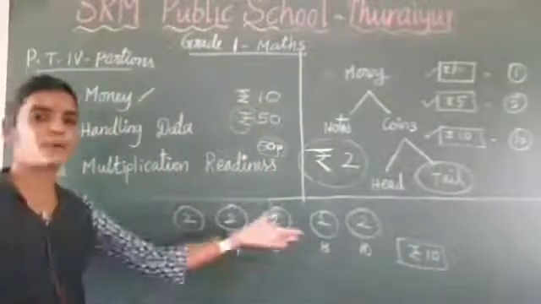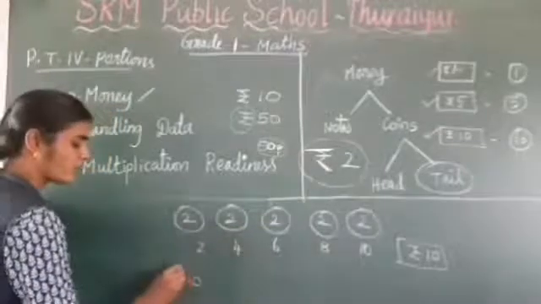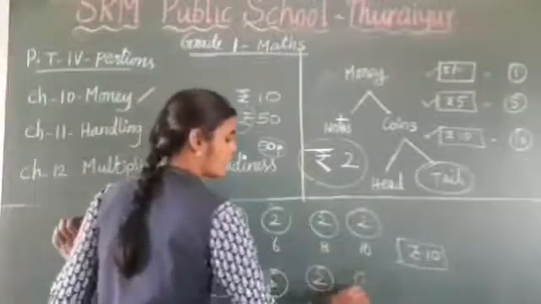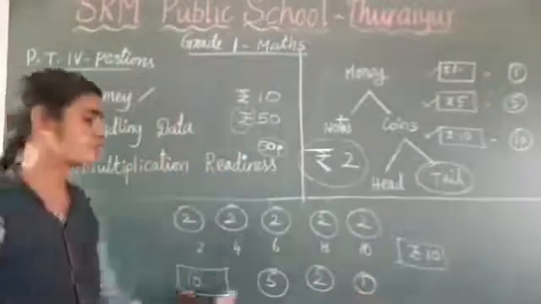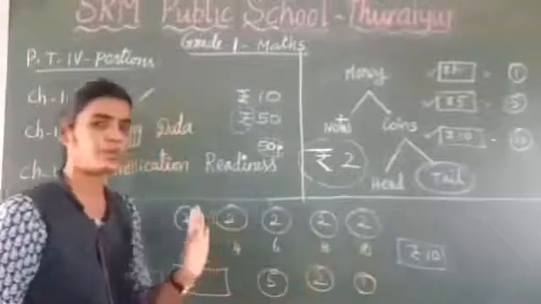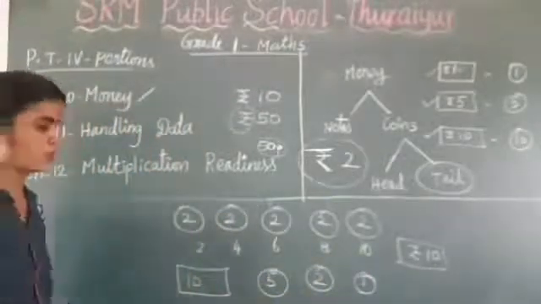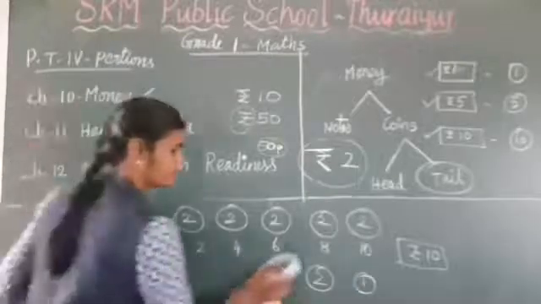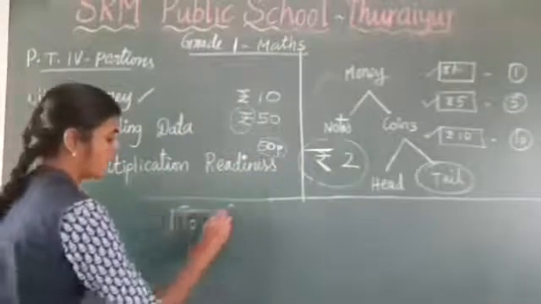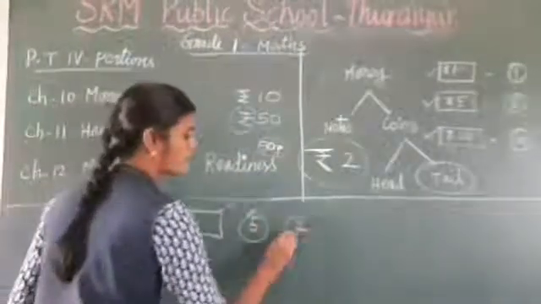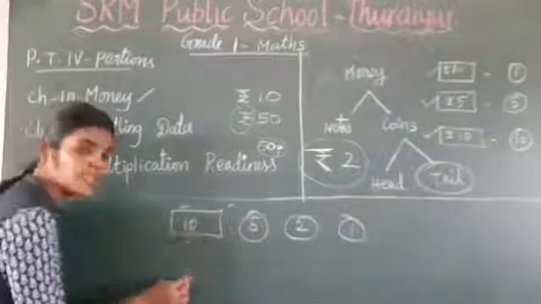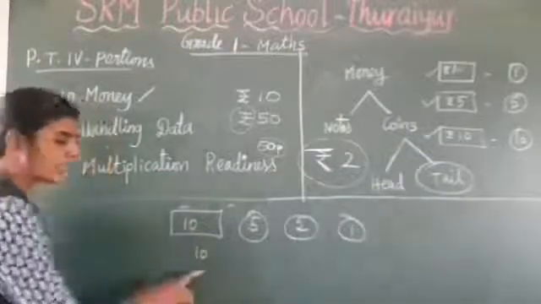If it is different denominations, for example a 10 rupee note, a 5 rupee coin, a 2 rupee coin and a 1 rupee coin, now count and tell the total amount of money. Yes, 10 rupee, 5 rupee, 2 rupee, 1 rupee. How did you add this? Let us find the total amount. First 10, we have to write the amount below the note. 10. Next add the next number.